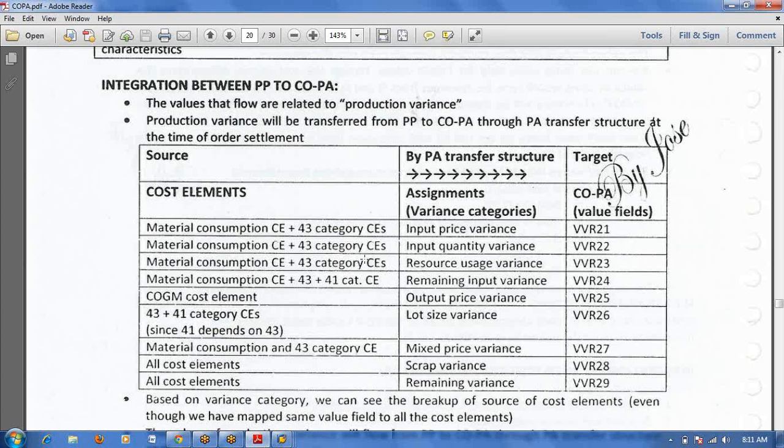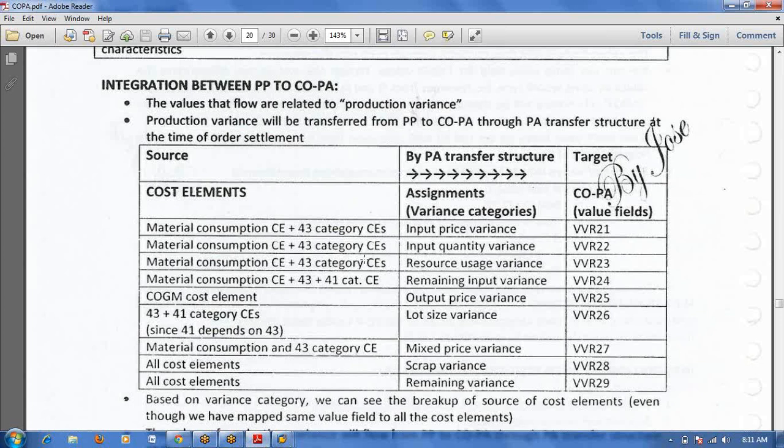But generally when I see live systems, you can create one PA transfer structure, and where the assignments change, that is okay, no? Whether we definitely have to maintain two PA transfer structures for PP and FI. Yeah, we need to create two separate PA transfer structures for FI and PP, because anyway we have assignments. Can I create one PA transfer structure, then do the assignments differently? Then it will work, no? No, in that case also there is a problem.